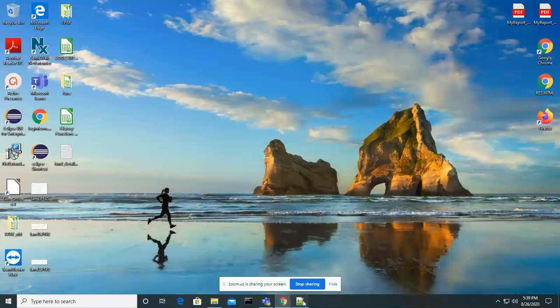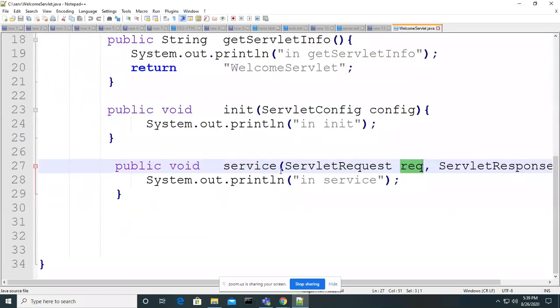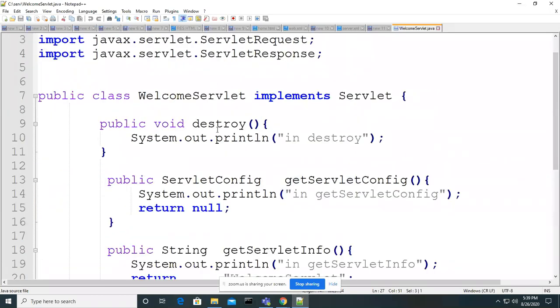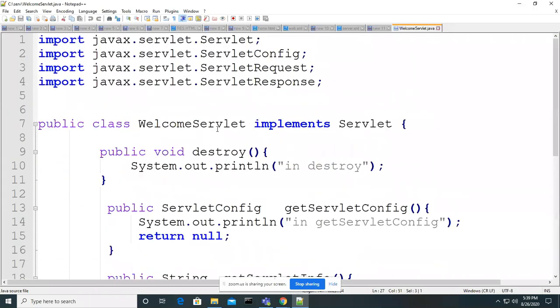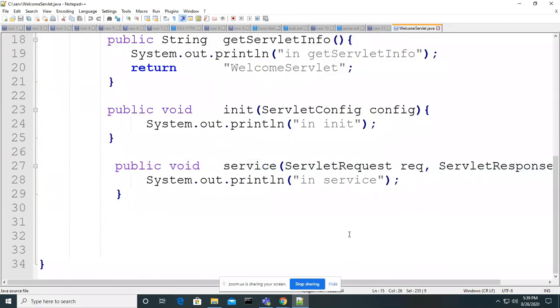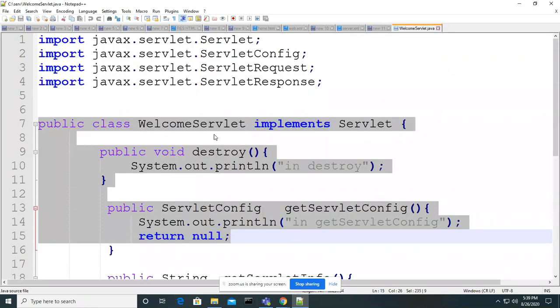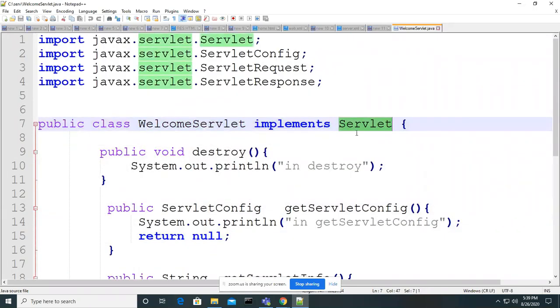The servlet concept. We tried to understand what a servlet is, and how to write a servlet program. If you write a class by implementing the Servlet interface, which is part of the javax.servlet package and a part of the Java Servlet API, we can call that class a servlet program, right?